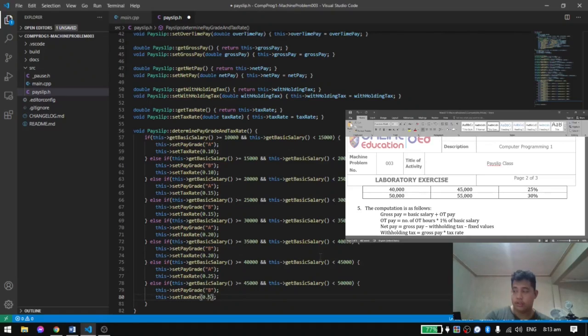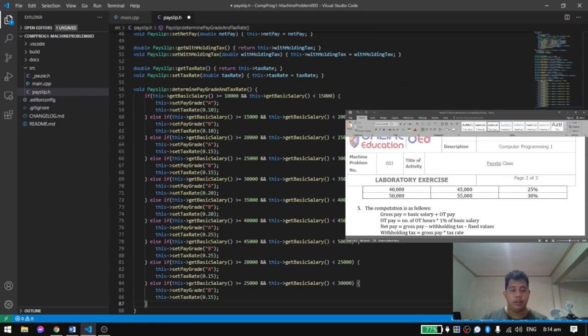Yes, still 25%, but pay grade B. And then 50, oops, I forgot to change this. 50K to less than 55, right? It's 30% tax rate, and then